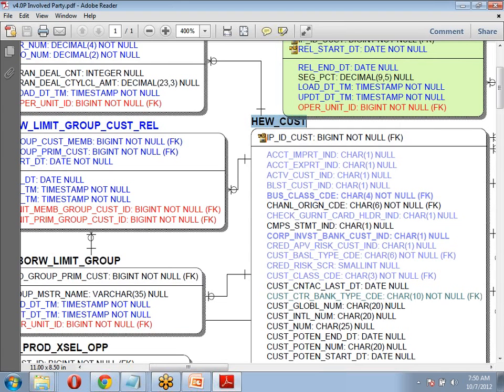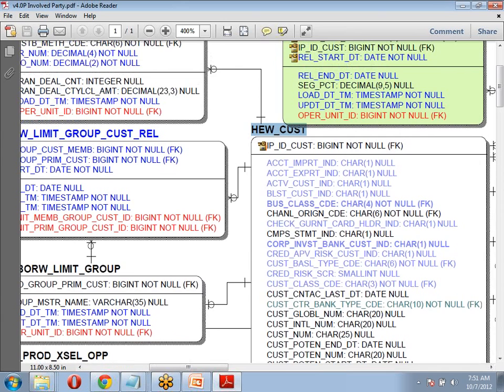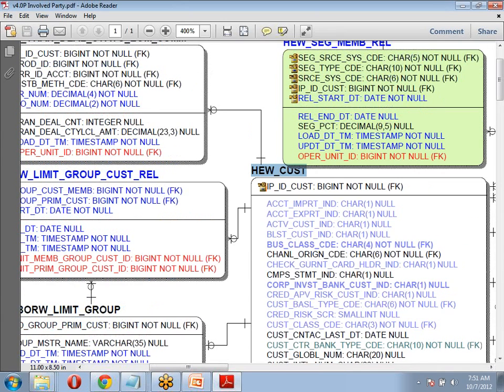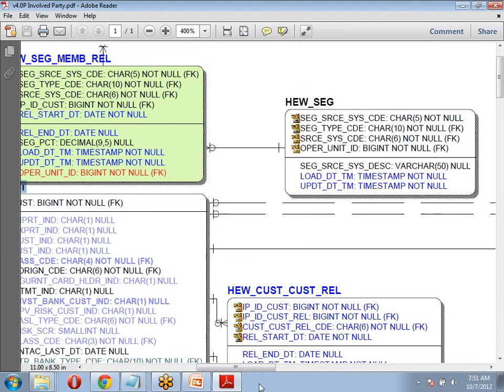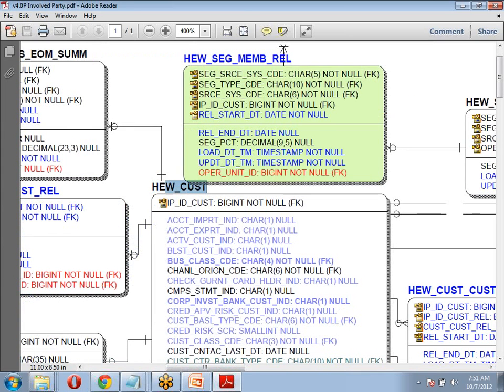But this is the customer table, one table here. This customer table is going to maintain all the customers' data. See, this customer entity has multiple relationships with multiple different entities. See here. This customer is one. We are trying to identify the relationship between